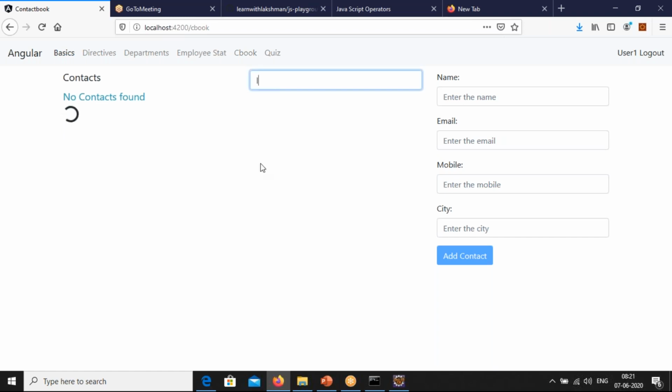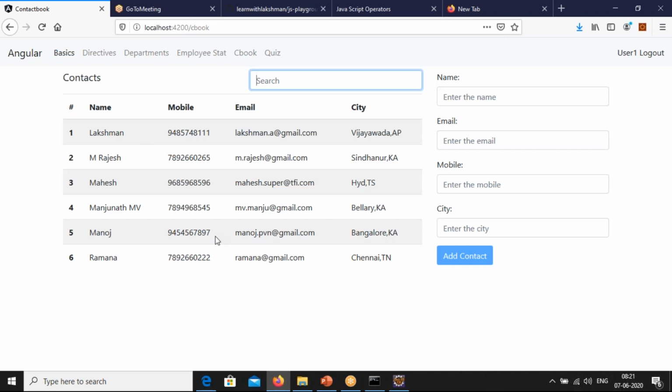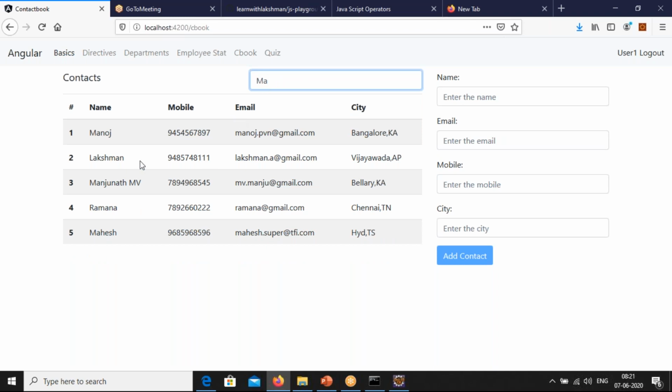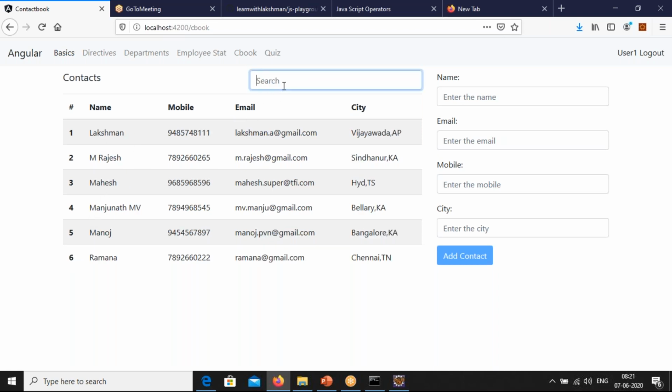It is going to take it here. So I'm going to type, what is the data you have available? This is trying to connect with the server. Yeah, it is connected. Suppose I'm searching here, so enter. What are the names with the letters MA? These are the people who have MA in their names. You are going to get it here.